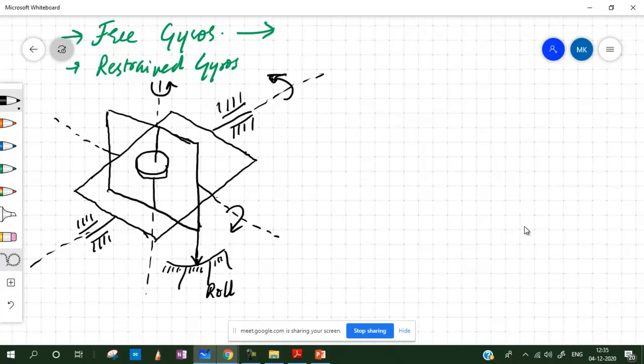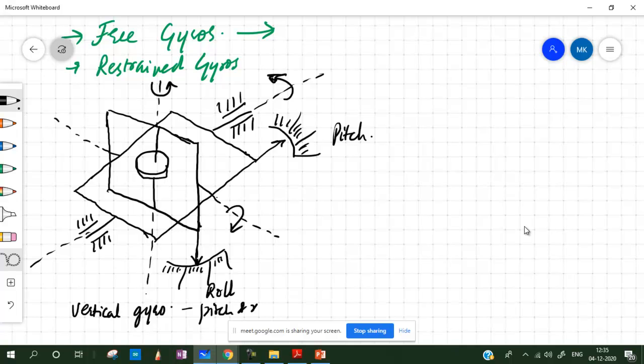Let's say this measures roll, and let's say somewhere about this we have some scale, जितनी डिफ्लेक्शन होगी उतना हमें बताएगा कितना मूव किया. So this can measure pitch, and this can measure roll, but for yaw we may have to use another gyroscope. So again, a similar one in the vehicles or in the aircraft also we use something that is typically referred to as the vertical gyro. So this measures the pitch and roll, whereas we have another one which is known as the horizontal one, in which the